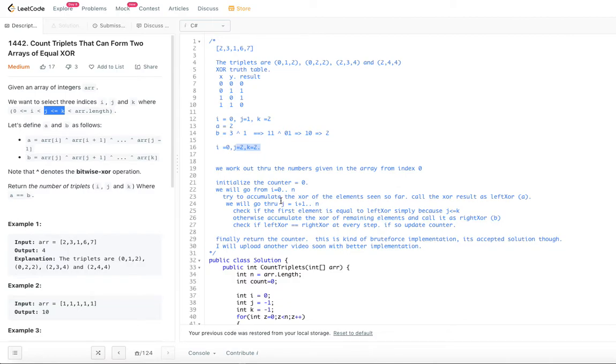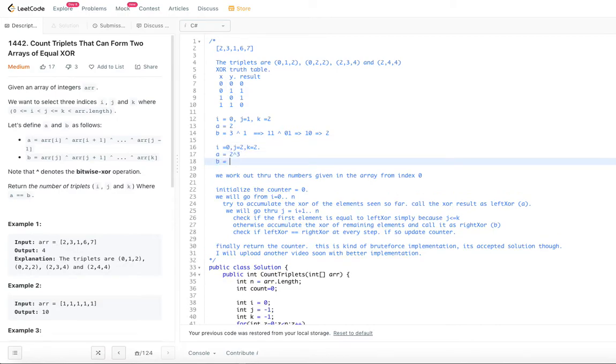So we will go through the second part starting with j. So j and k can be equal. So 0 to j minus 1, that is 0 to 1. 0 to 1 is what? 2 and 3. So a is equal to 2 XOR 3 and b is equal to only 1.